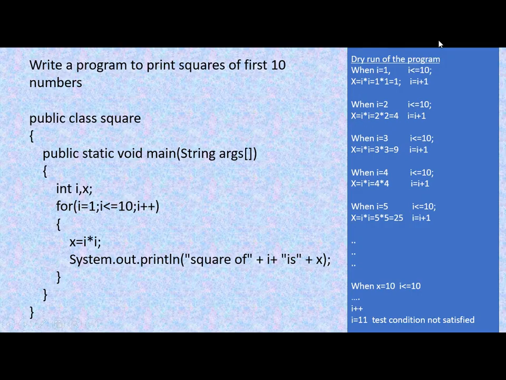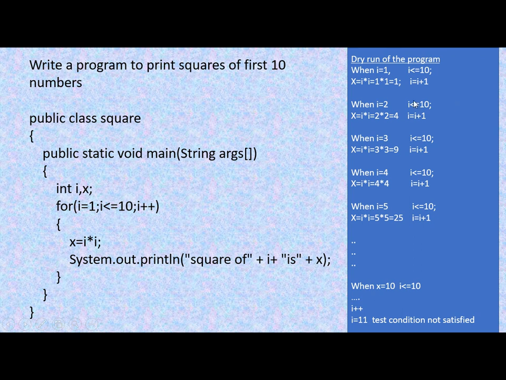Here we have the dry run of how this program will be executed. This is the program of printing squares of numbers from 1 to 10. And here is a dry run. So first, when I's value is 1, here this is the test condition. It will check whether I is less than or equal to 10 or not. So this is true. When this is true, then only inside the body this statement will be executed.